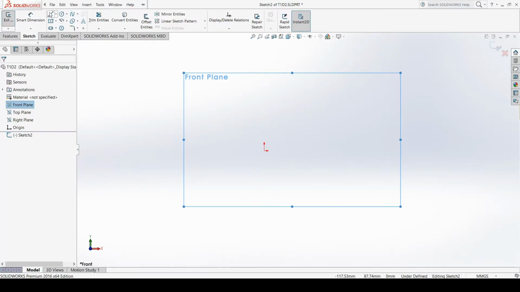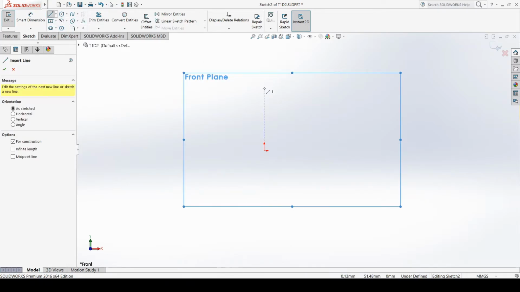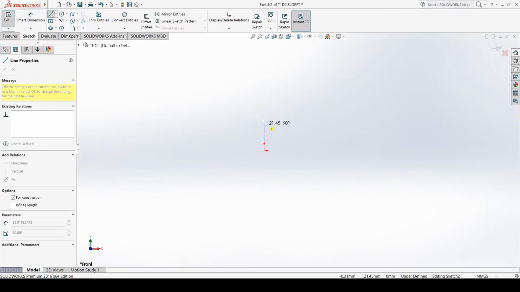At first I'm going to draw a center line. That is our construction line here. It's not a part of this figure, but it will help us to do things. So always start from the origin. Draw a center line,